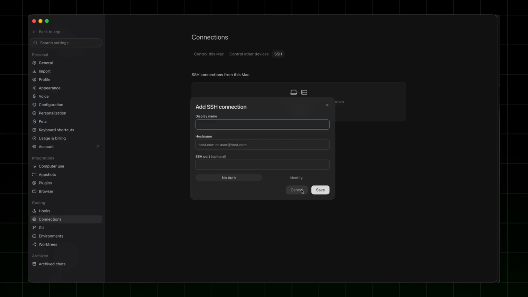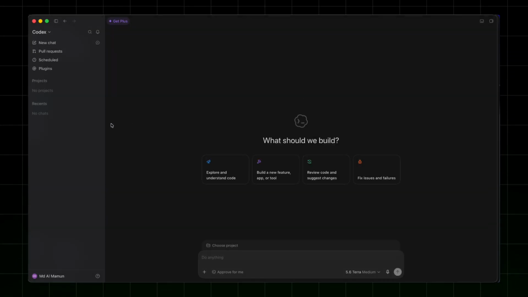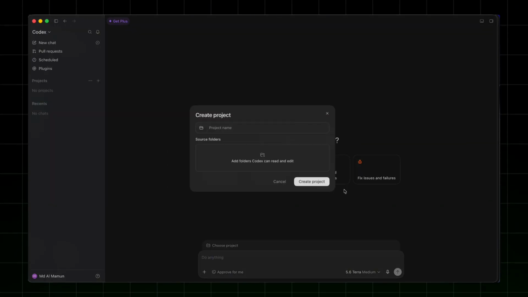Okay. So this is a little bit technical. So in this video, I will actually show you the easiest way. The easiest way is you will just work with your local file. Here you can see I will simply click this plus icon and then go with local. Let me click next. Here I will define a project name, or you can simply upload a project by clicking